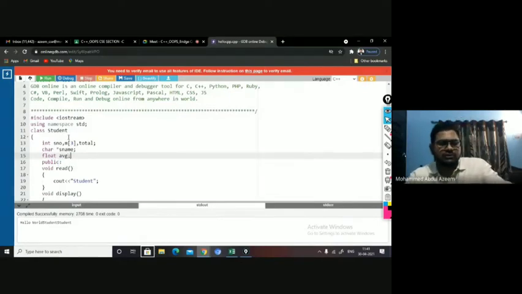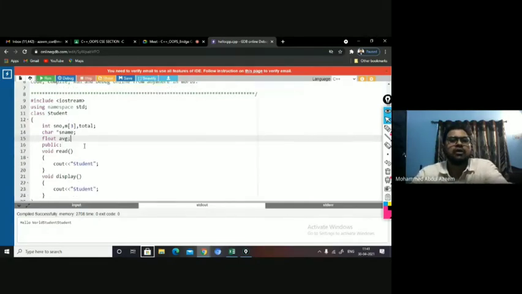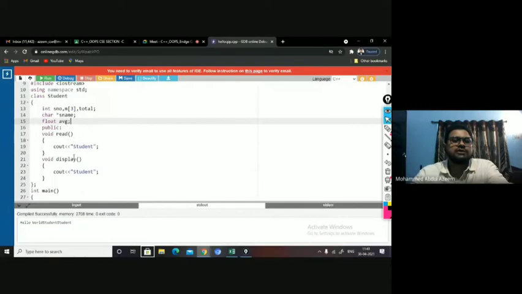So the example which I discussed in the last class using structure and functions, the same I am implementing with the help of classes now. The advantage I'll probably discuss at the end. Are you able to see my screen? Yes.